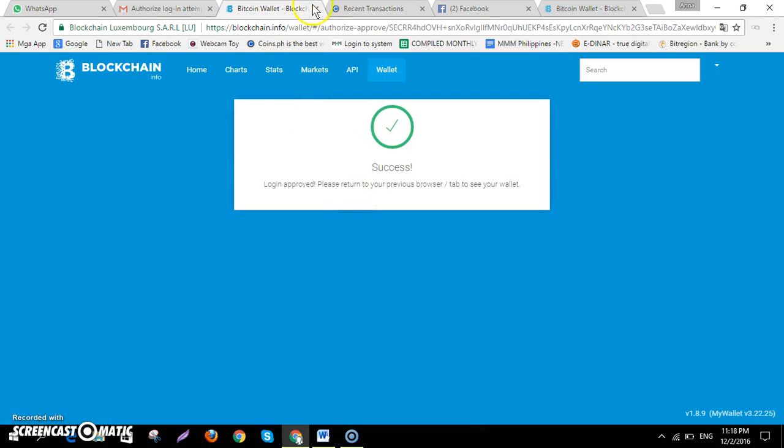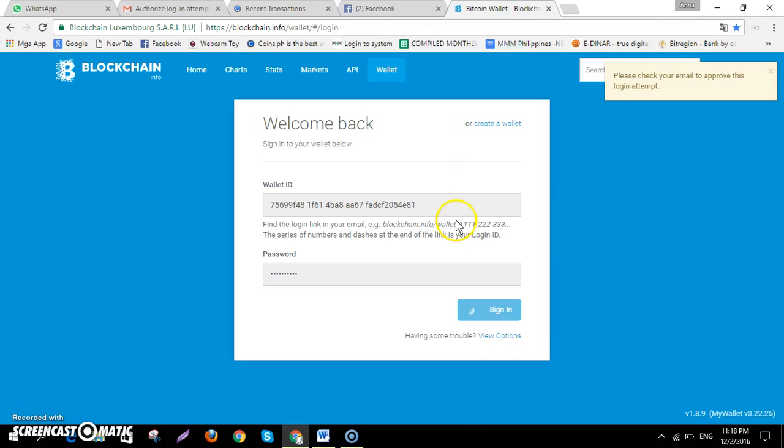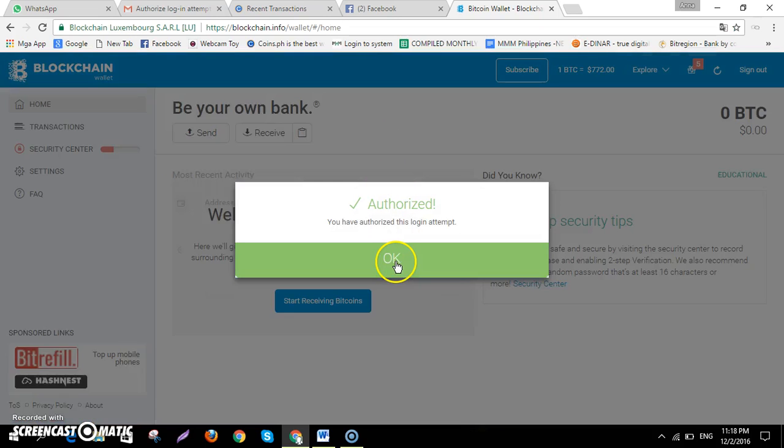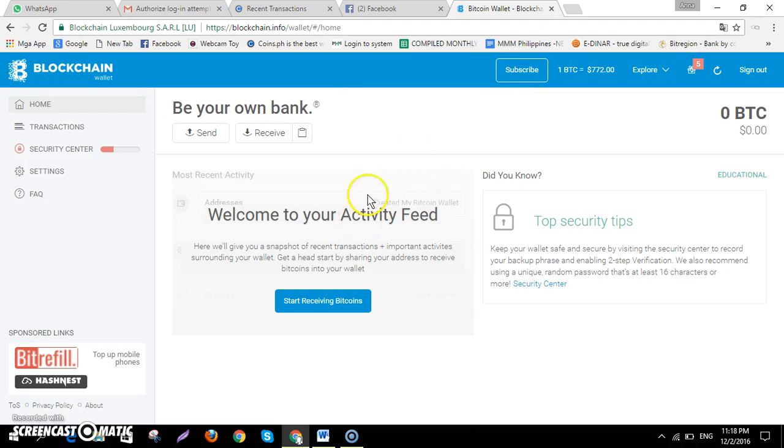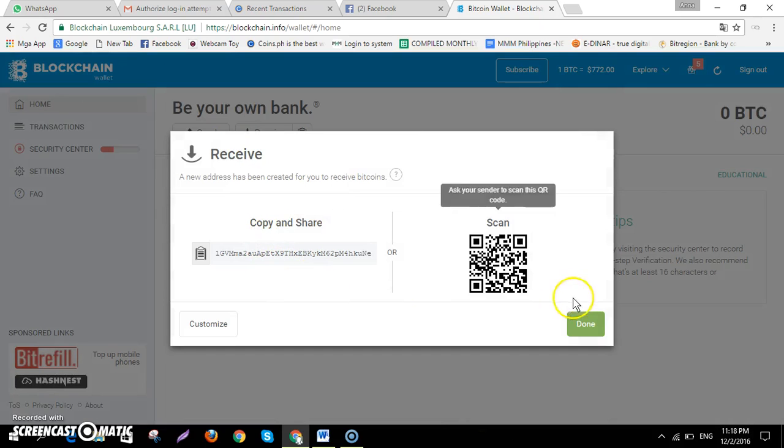So success, meaning we can now check our own wallet address. Wait until the process is done, and you can log in immediately after the attempt has been approved. Okay, something like this. Okay, there you have it. Your account is now secured. So I hope, guys, the video tutorial that I'm doing right now will help you out on how to create your own blockchain wallet. So this is your blockchain wallet, and you want to use this one to register in